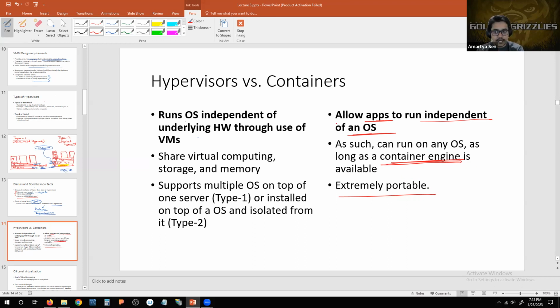In contrast to that, hypervisors are basically responsible for running operating systems independent of the underlying hardware by the creation of virtual machines. So know and remember that the primary purpose of hypervisors is to develop virtual machines. Okay, and when it develops these virtual machines, it decouples the creation of these virtual machines